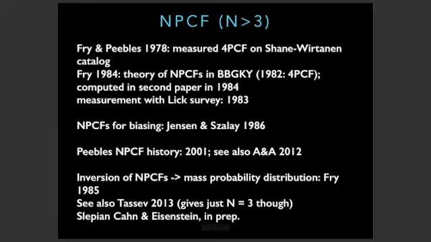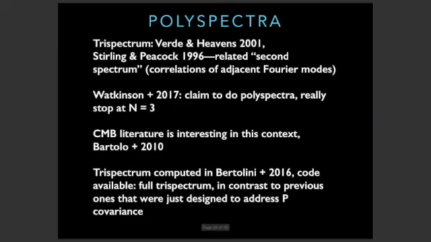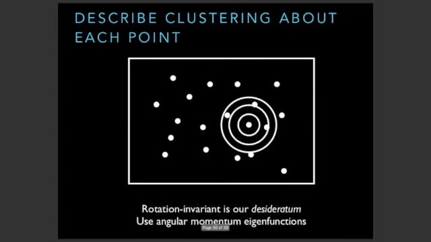So this is just a kind of canned history of what has been done on n-point functions beyond 3 before. I'm going to skip it in the interest of time, but it's there. And if you're interested, I'm happy to go over the history. This is just the Fourier version of that. And here's the basic idea.